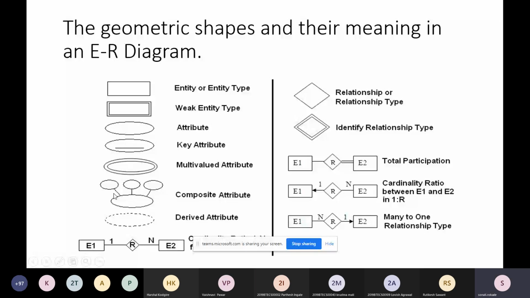Okay. Now the next one is derived attribute. What is derived? Do you have any idea about derived? Okay. Yes, very good.